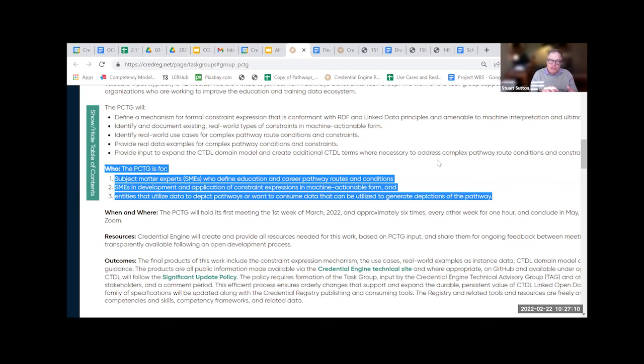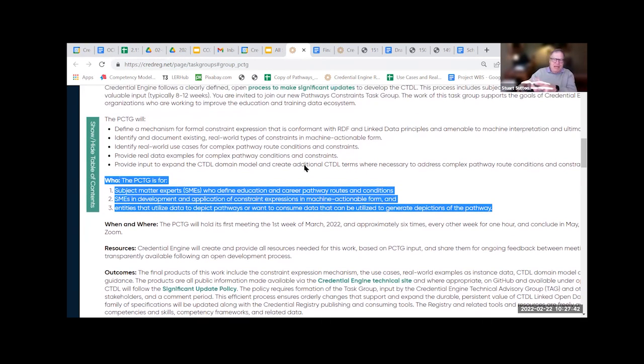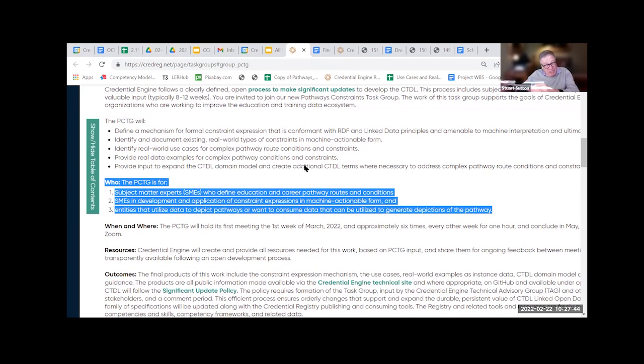So they can be used to define and express constraints and then be put into systems, like a student tracking system, where it says, well, Mary Jane took this course here, she can't apply it over here to fulfill a different requirement because of the constraint. We want machines to be able to look at them, and we want the data to be smart enough to inform both humans and machines. And so that's the second category, people who have technical expertise in expressing these kinds of things.